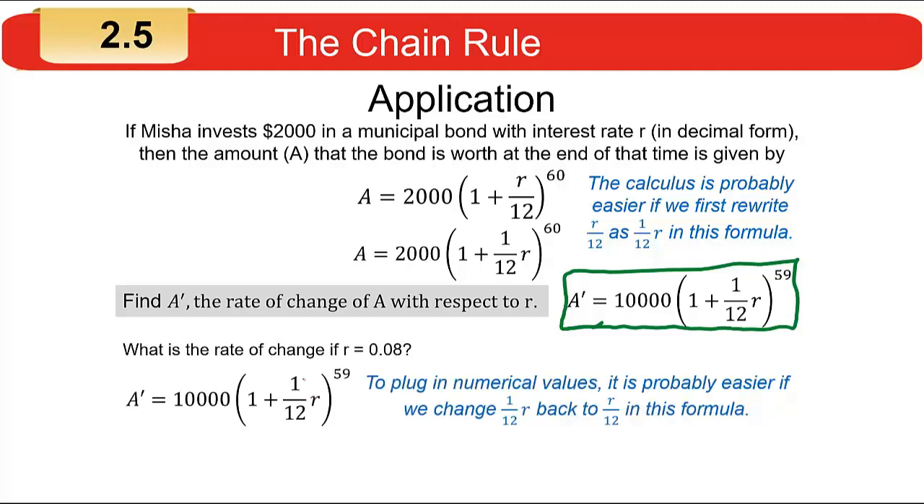And I would say at this point, since you're actually calculating, you might want to change the 1/12 r back to r over 12. Don't really have to, but I think it's a little bit easier if you look at it that way. And then plug in the